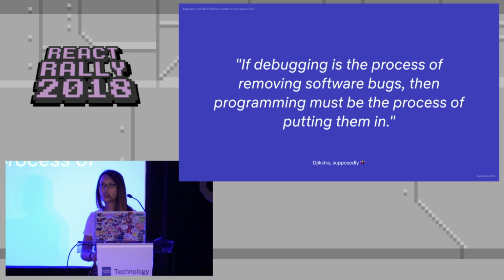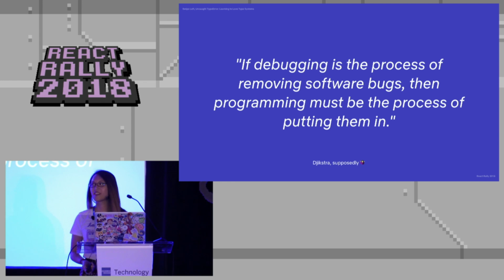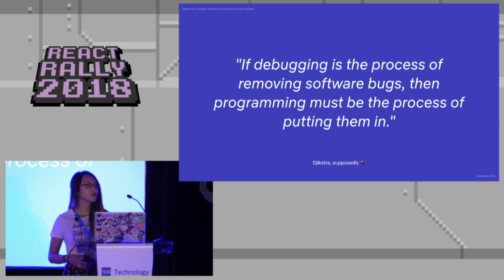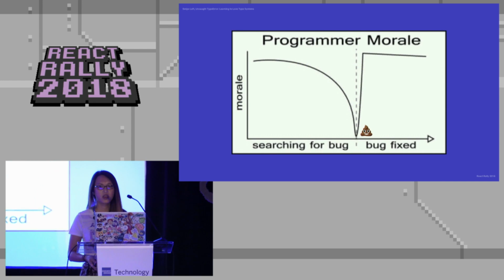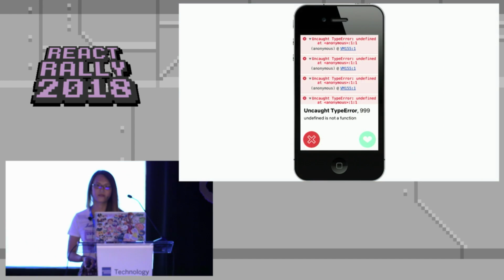So can I get a quick show of hands, how many of you have shipped a bug into production? I know I have. We're all human, programming is hard, and it's really easy to add bugs into software, especially in the Wild West that is JavaScript. And when bugs inevitably happen, I feel pretty terrible about it, and you experience a real crisis of confidence, sometimes especially if you can't figure it out. But when you do, all is good in the world, and your confidence is restored.